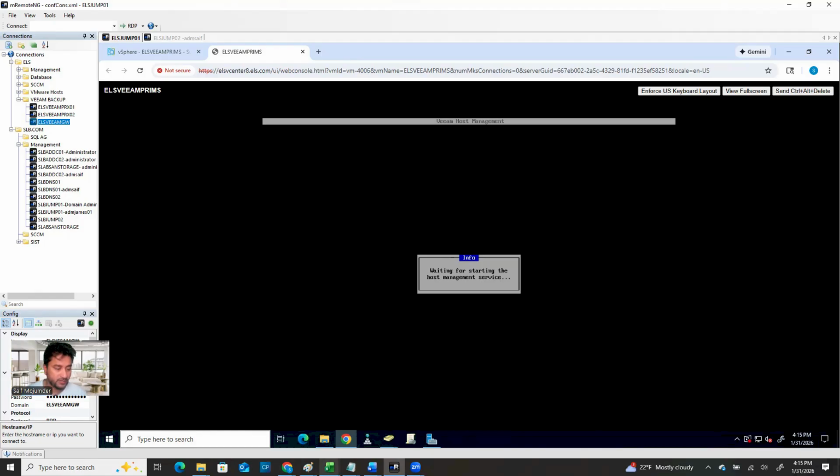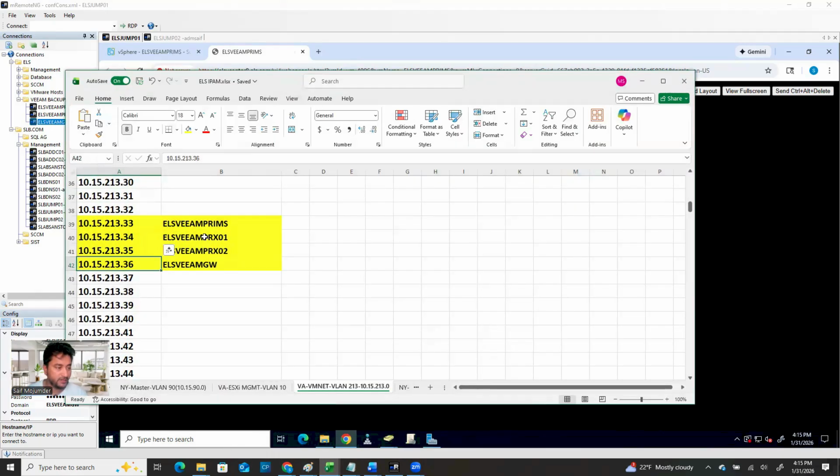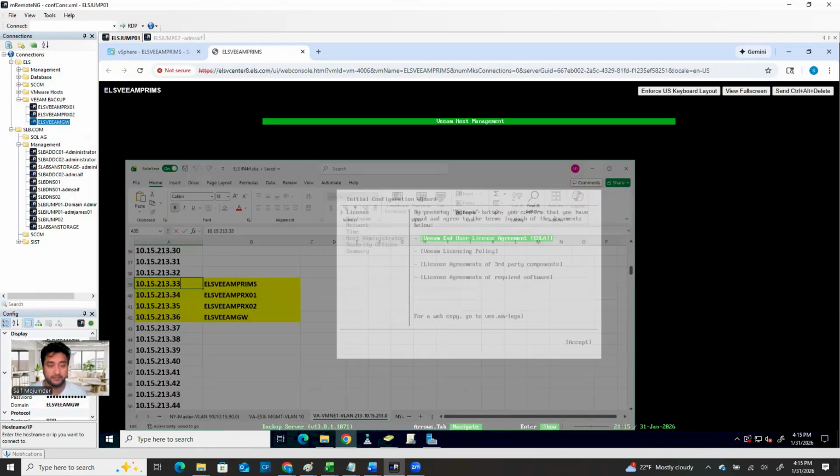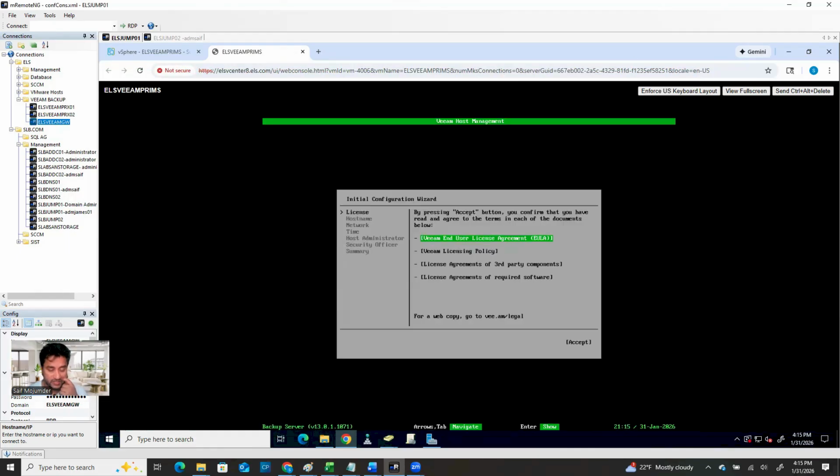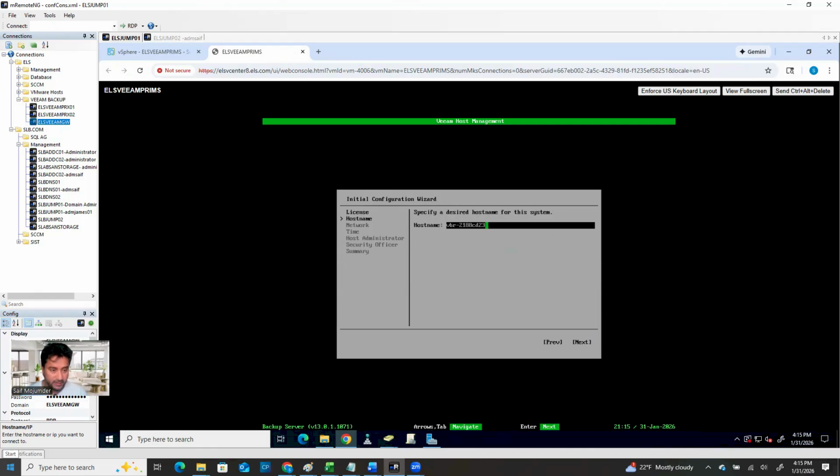So you have to provide the host name and IP address. We have everything ready, right? The host name is this, the IP address is this. Before we deploy, we provide the host name, which is the VMware or vCenter inventory name. And now we're going to provide the inside machine name, and also the IP address is 33, right? Okay. It shows the Veeam end user license agreement. Use tab, tab, tab, tab, and accept, enter,